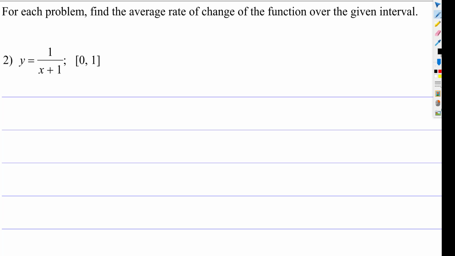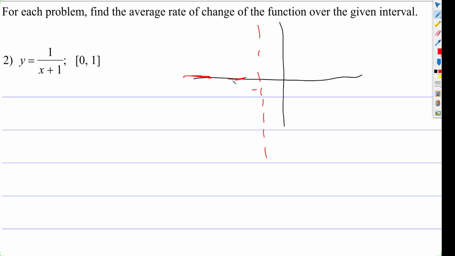So if we were to do this one right here, that graph would look something like, the opposite of 1 is -1, so at -1, there'd be a vertical asymptote. There's a horizontal asymptote here. That's a positive graph. So that graph is roughly looking like this. I'm doing this very strangely. Anyway, but at 0, 1,